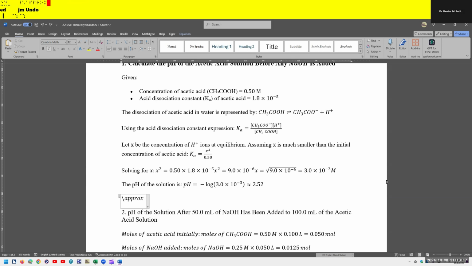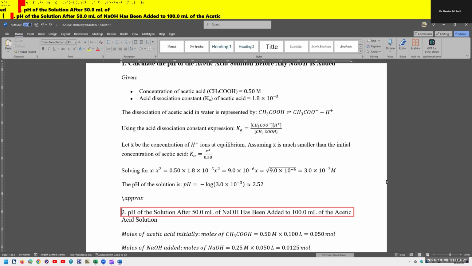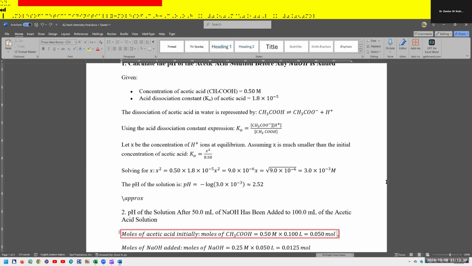So you've got that. Let's go ahead and control down arrow. Check the next one. 2. pH of the solution after 50.0 ml of NaOH has been added to 100.0 ml of the acetic acid solution. Okay, let's see if there's anything else different down here. Math content cap